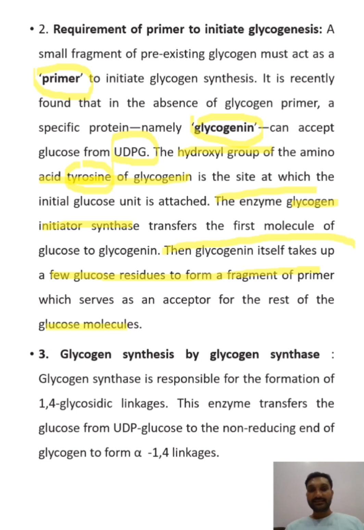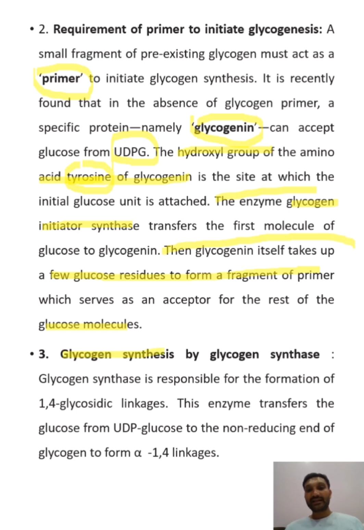This step ultimately says that for the initiation of glycogenesis, there must be a primer present. For example, if the glycogen primer is absent but the glycogenin protein is present, it can act as a starter or initiator of glycogenesis. In the third step,